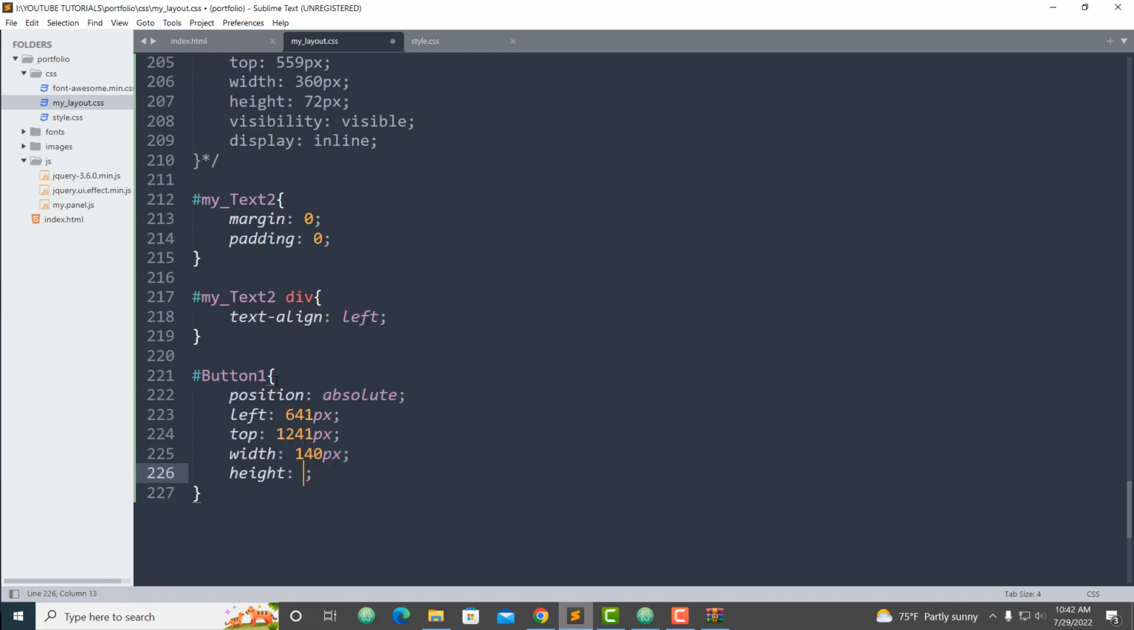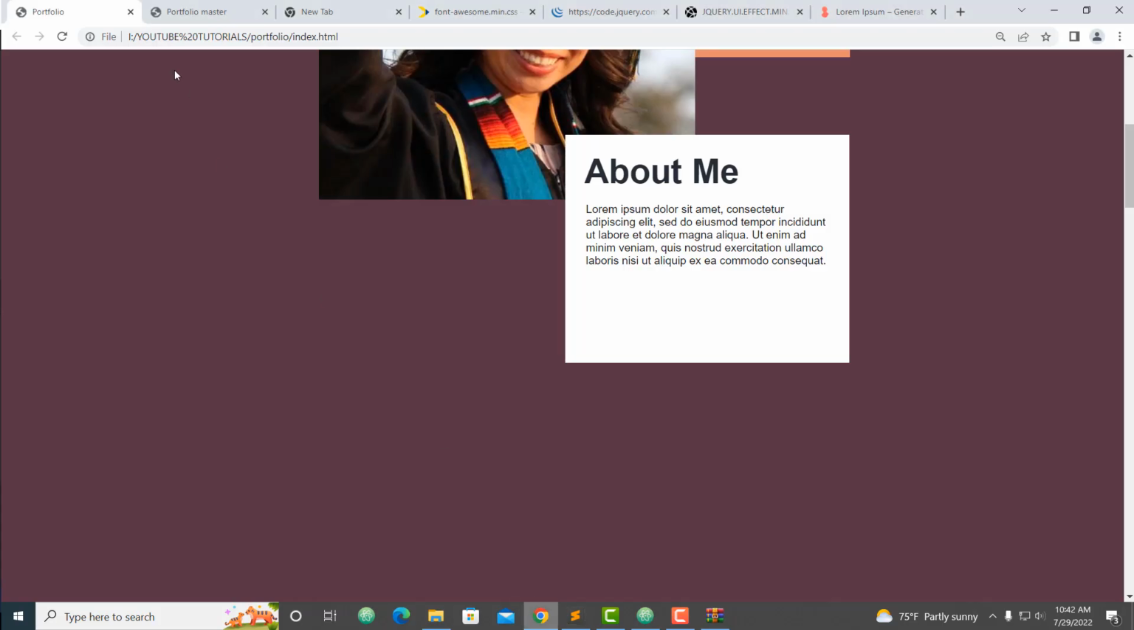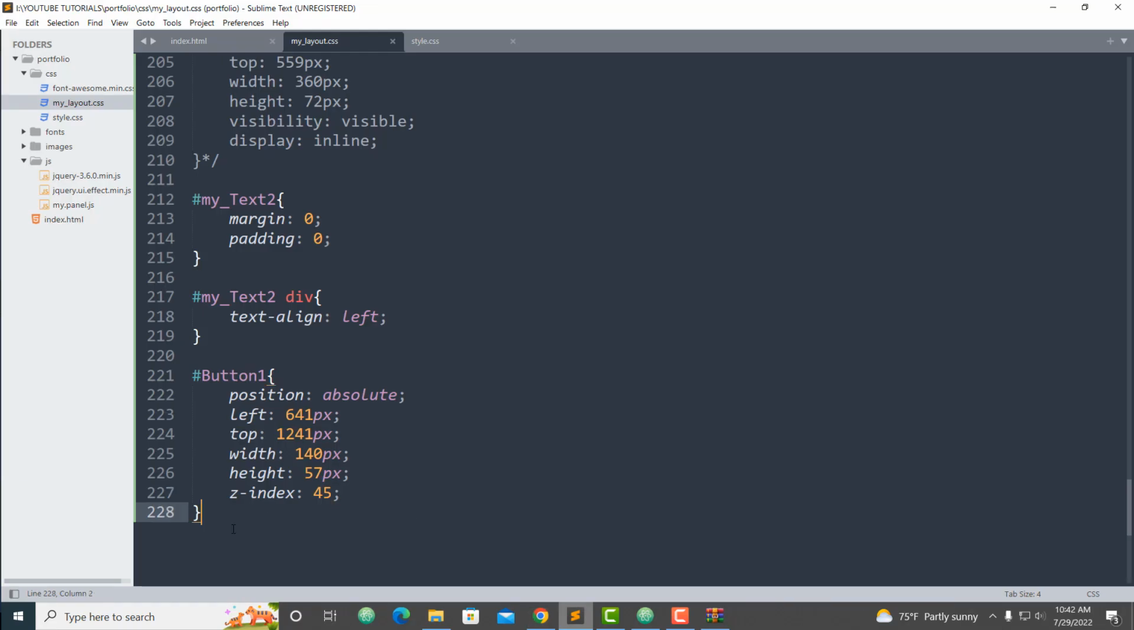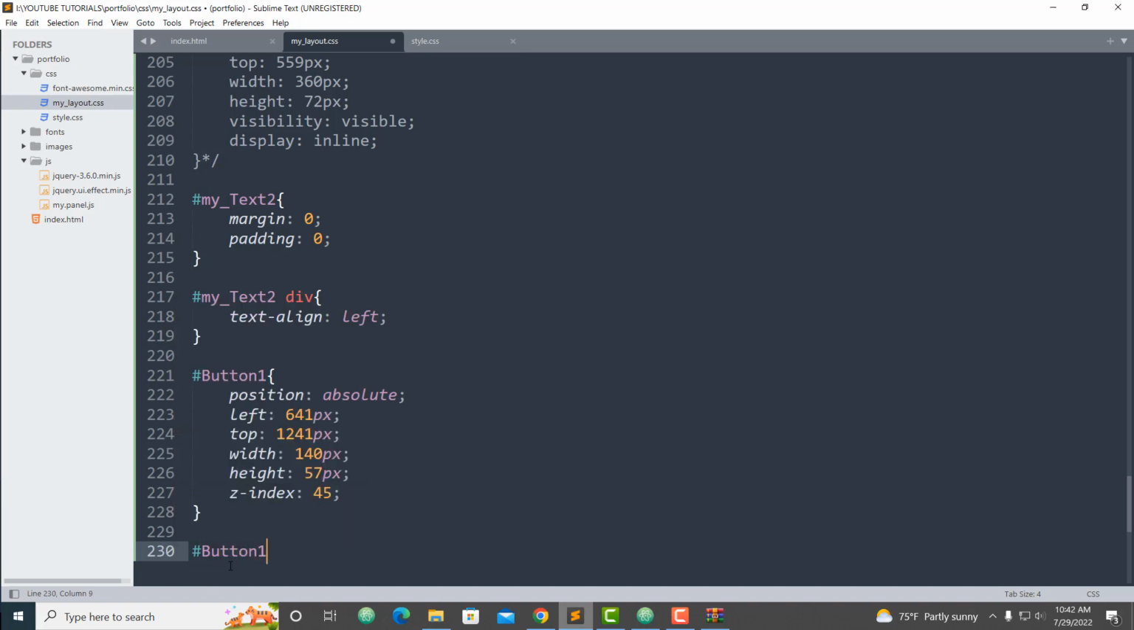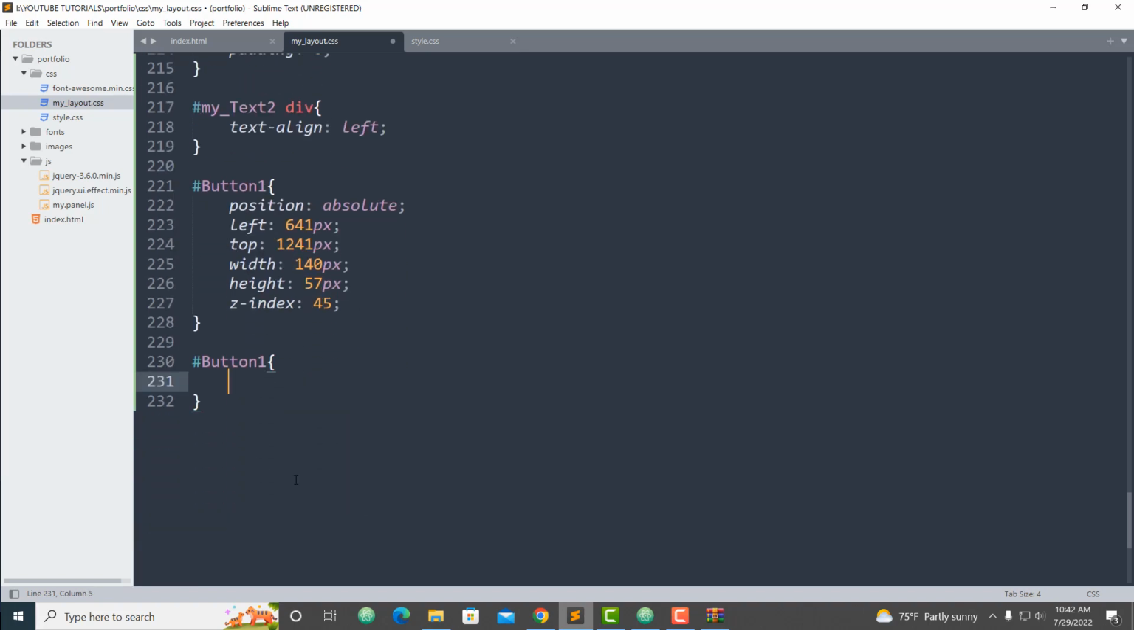We need the height as well, and put our z-index to be 45 for this one. Save everything and go back here, refresh the page. As you can see, is the button. And now let's add more, fix it normally, and button 1. Okay,